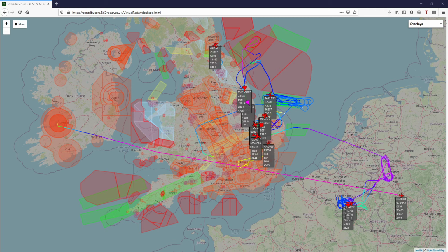Now that does come with some downsides. Last time I looked at Plane Plotter, things like multilateration or MLAT wasn't automatic. You had to request an MLAT, and it was a little bit clunky. But it's worthwhile mentioning those bits of software, if you're getting into the advanced side of air tracking, check them out. We'll also mention some